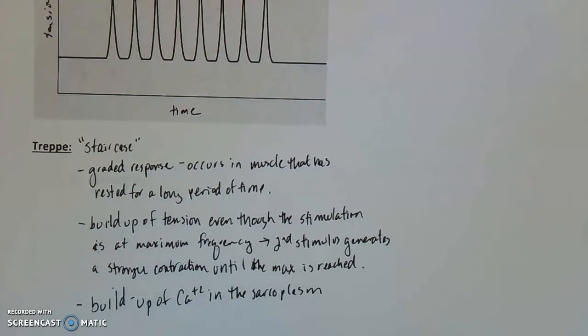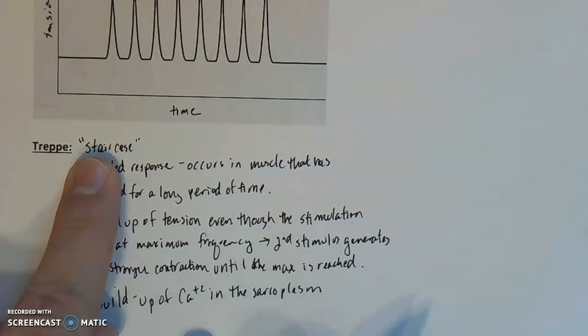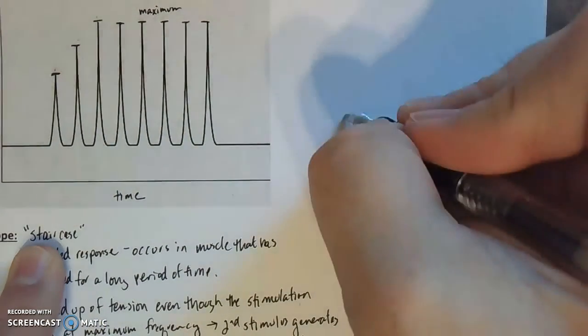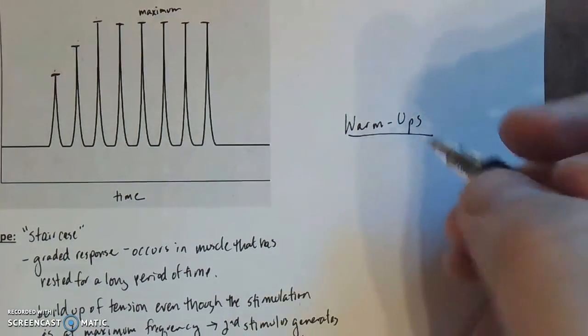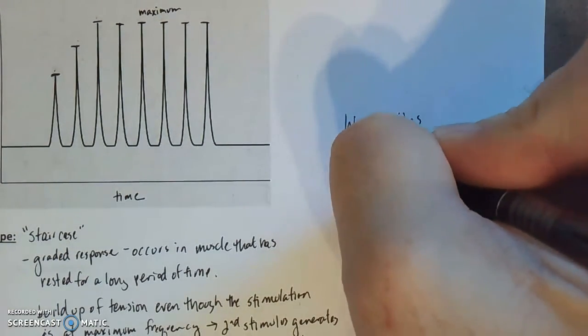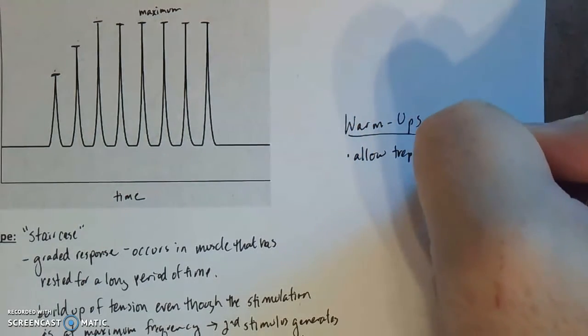Those of you that participate in sports rely on this because if your muscles are not warmed up, you can actually injure your muscles. So a lot of times the first thing you do before you go out and practice or before a game is you do warm-ups, you do stretches. What you are doing is you are conditioning your muscles and you are going through this trepa. So warm-ups are a big part of any kind of sports or exercise. These allow trepa to occur,